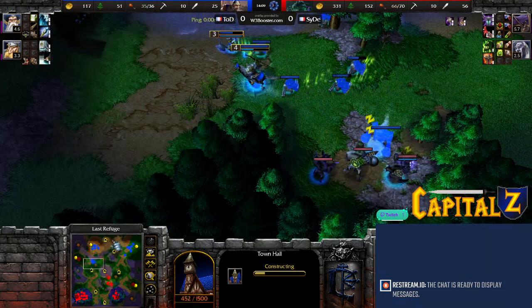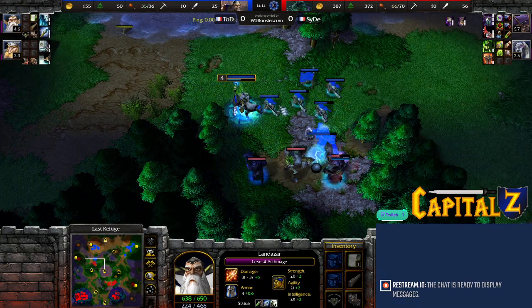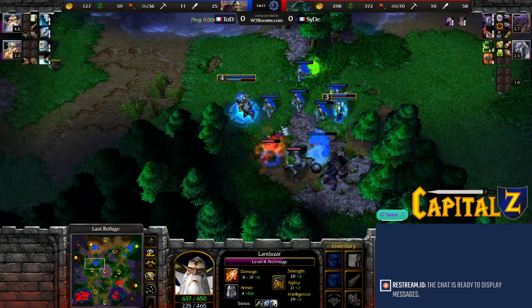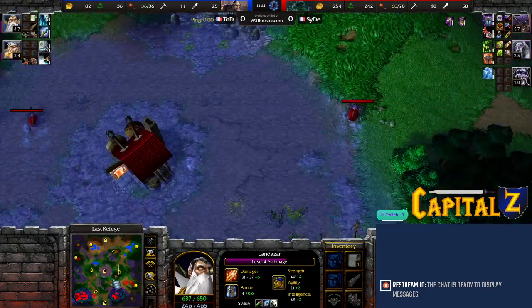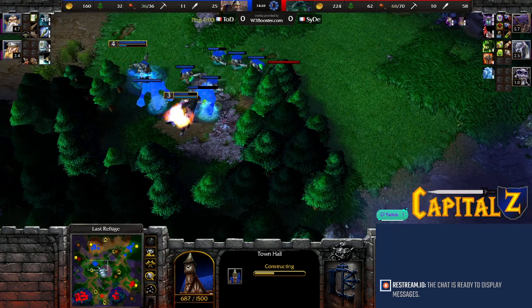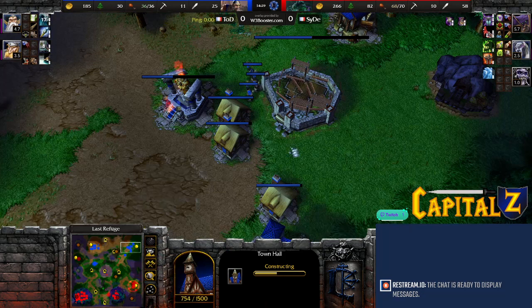In a situation like this, game's not over for you yet. But now the thing is, you gotta plan out your comeback strategy really well. If you don't do that, it's gonna be over for you. So ToD choosing to put up the main again, and by the way, the gold that he was using